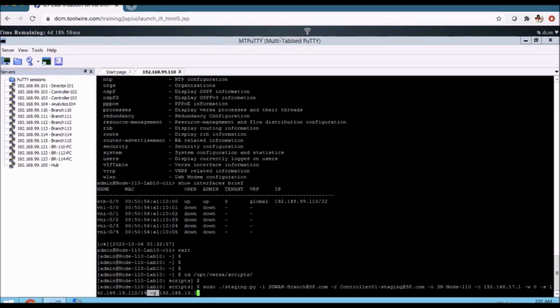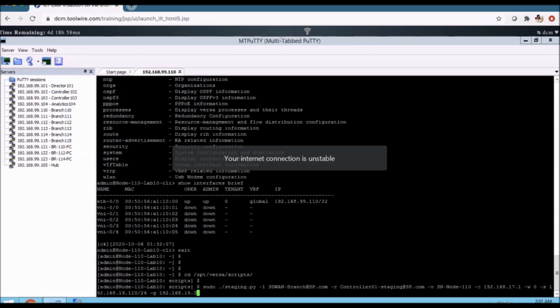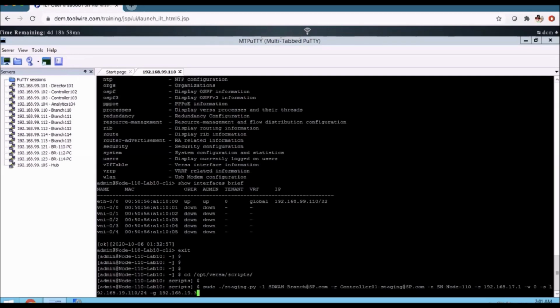Is it mandatory to use the Linux script? No, Prakash. This is the script which is used for the onboarding process. Okay. This script is automated. You have to just provide these parameters, so automatically it gets connected to the director.